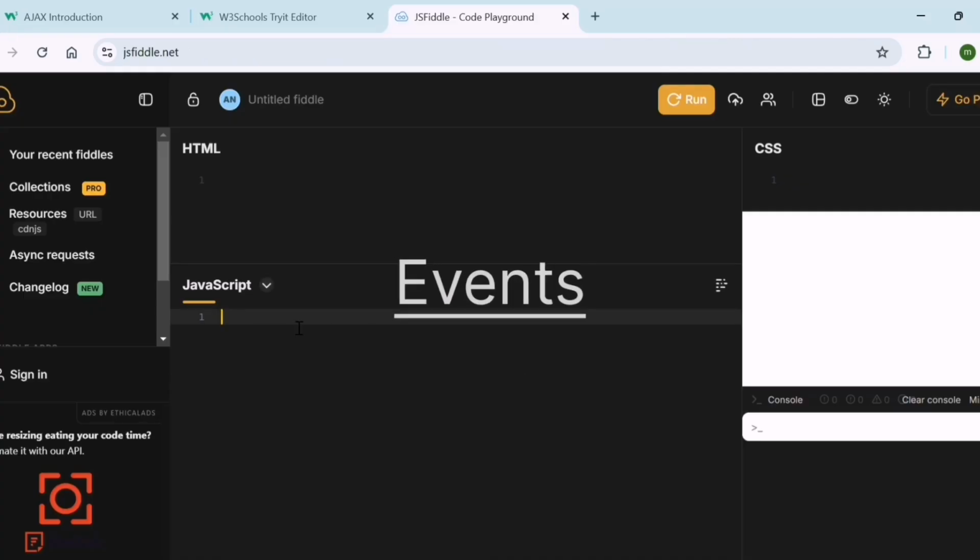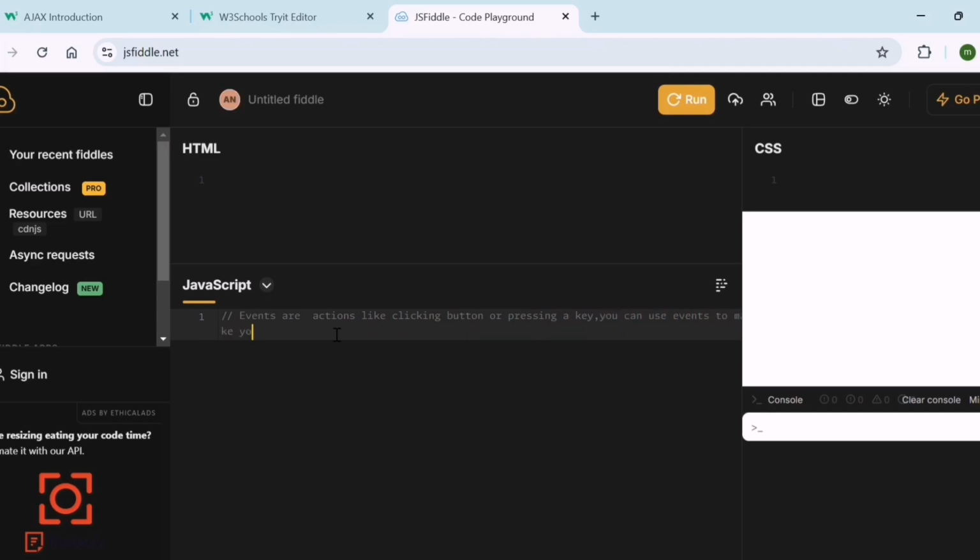Next are events. In JavaScript, events are actions like clicking a button or pressing a key. You can use events to make your website interactive. Let's look at a button click example. Think of a doorbell. When you press it, the bell rings. In JavaScript, events allow us to make web pages interactive, like responding when a button